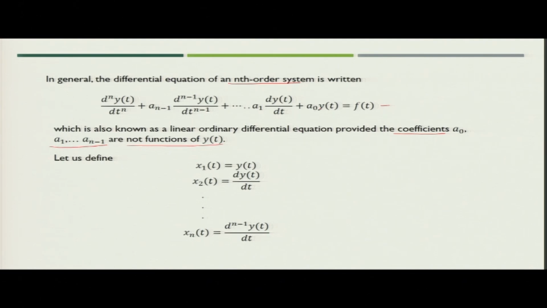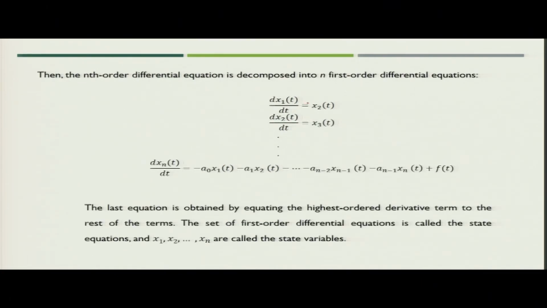We can replace y t with x 1 t, dy by dt as x 2 t and so on, so that x n, that is the nth variable, we can define as d n minus 1 y by dt n minus 1. So, when you represent the individual component as a variable, you can simply write with the help of this